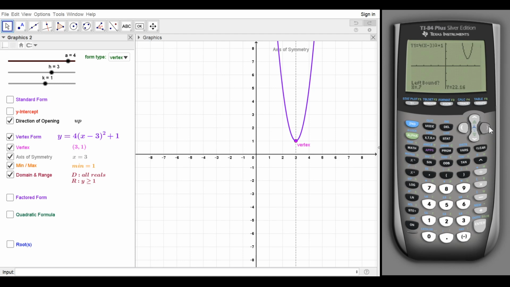So a lot of times, students feel much more comfortable if they actually see the cursor. So there you go, I brought the cursor over, and as long as I'm left of this, I can go ahead and enter. I have to be right of this. So now that I'm right of it, it doesn't matter where I hit enter. I'm going to hit enter here. As long as the vertex falls between these two arrows, I should be able to find it. Now there's only one vertex, so I really don't need to guess. I'm just going to go ahead and enter,